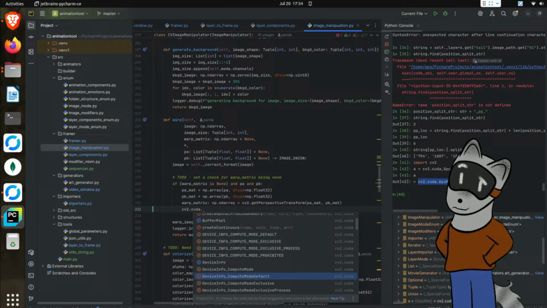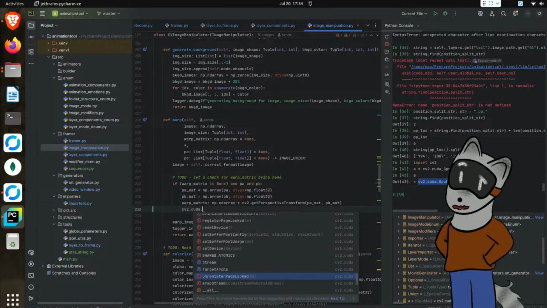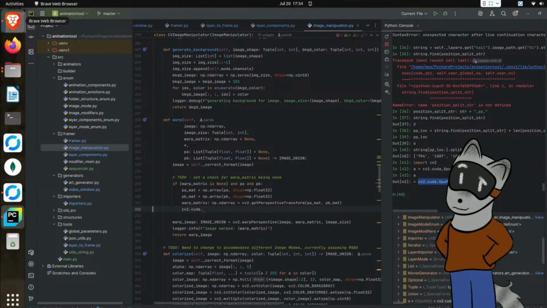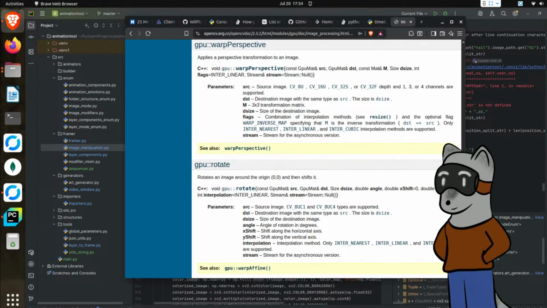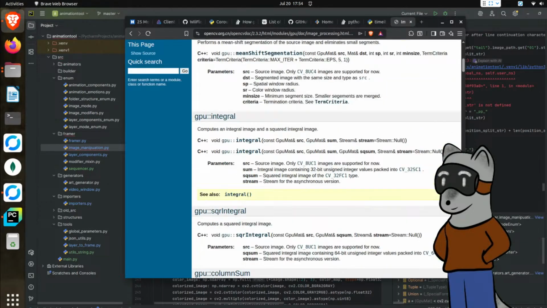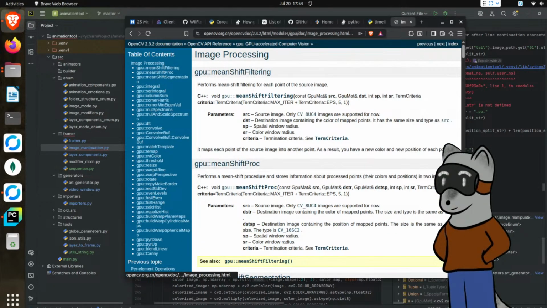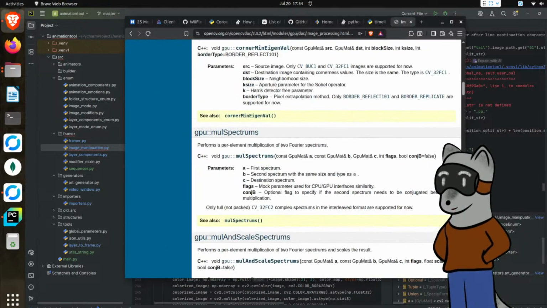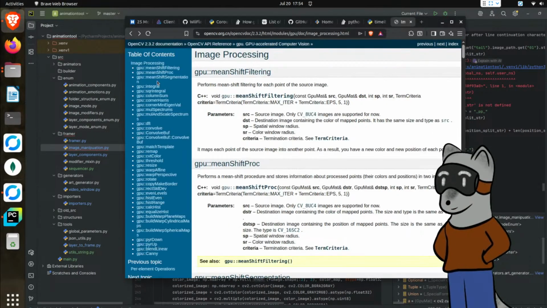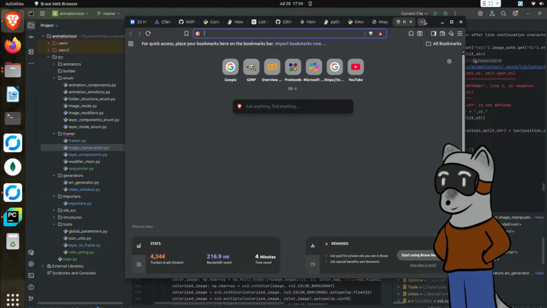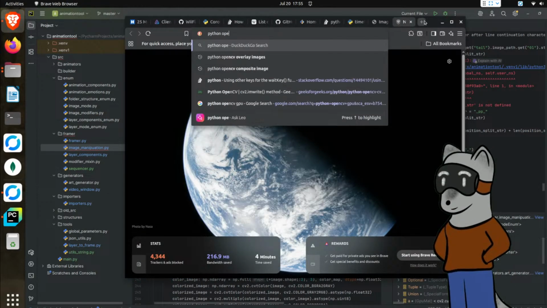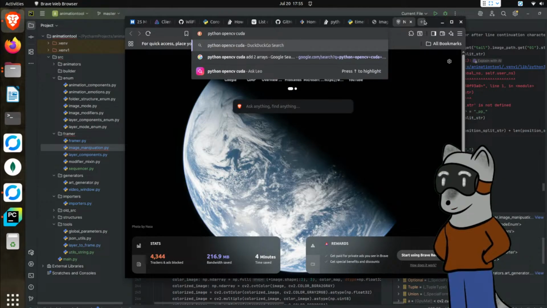Let's see, warp functions. Is there an image transformation section? All right, over here. Let's see what. Yeah, it's just image processing, and then we have GPU, and we can access everything. All right, maybe this is 2.3.2. All right. Let's see here. Python, OpenCV, CUDA,